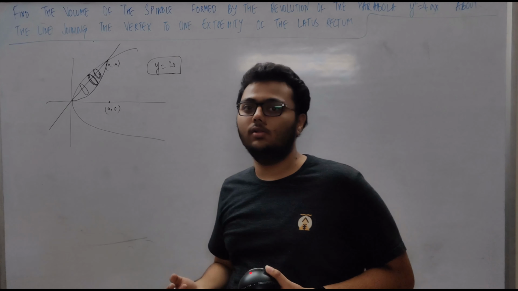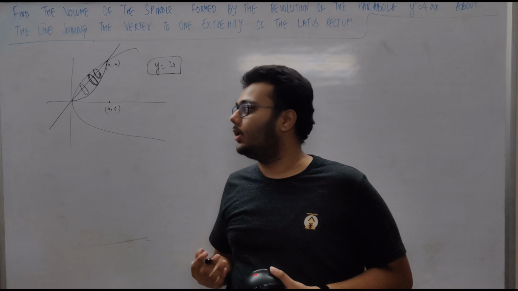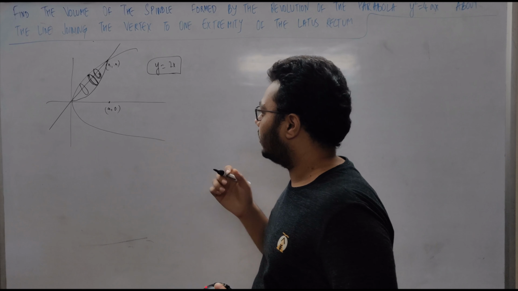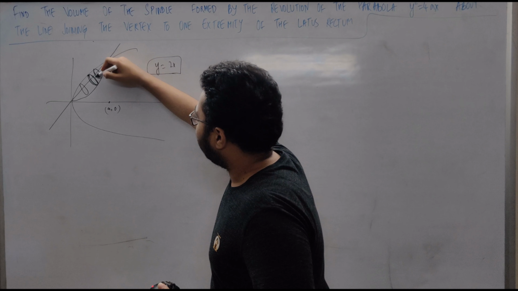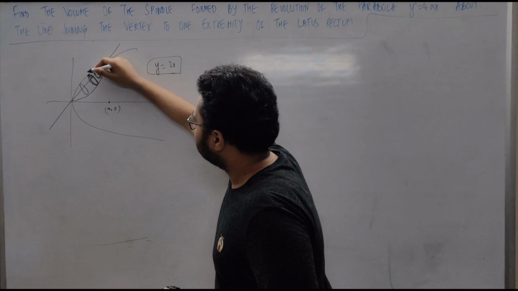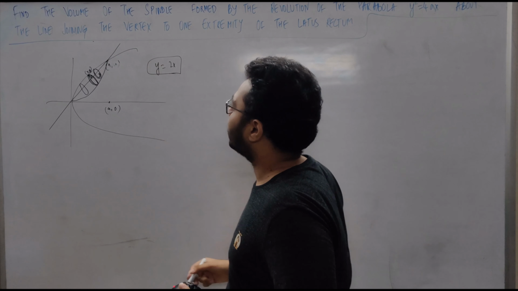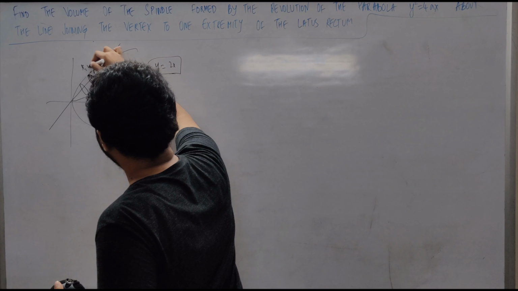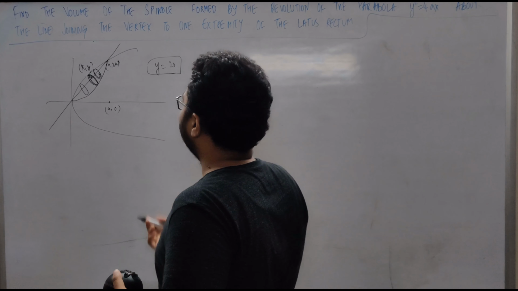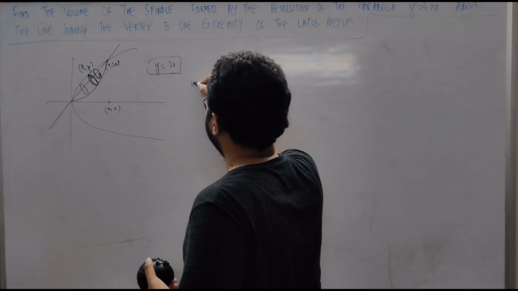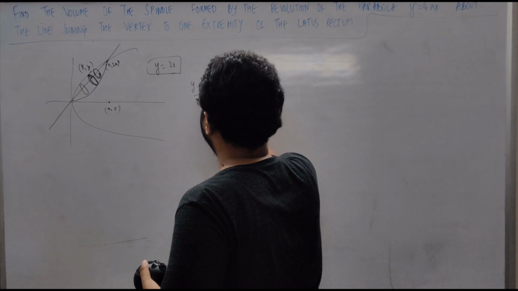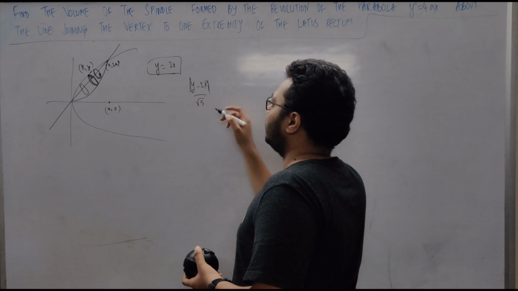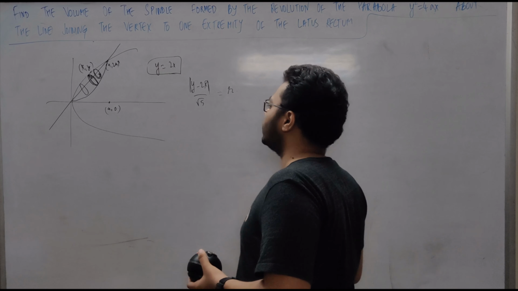and we find the volume of the whole spindle, because the whole spindle can be assumed to be made of infinitely many of those small differential disks. The radius of this disk is this distance. Let's say this point is x comma y. The distance of x comma y from this axis, y equals 2x, is modulus of y minus 2x upon root 5. Let's say it is the radius of that disk.